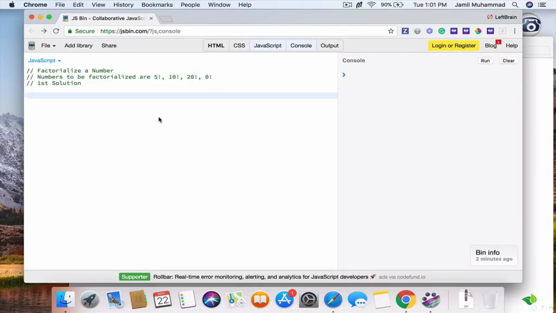Alright, so I'm going to create a function. So we're going to use the keyword function and then factorialize, and then num, the number that will be factorialized, and then we're going to create a variable called result, and we're going to initialize it to 1, and then we're going to create a for loop, and we're going to create a local variable i, and initialize it to num, and then semicolon, and then i will always be greater than 0, and we will decrement i by 1 for each loop,